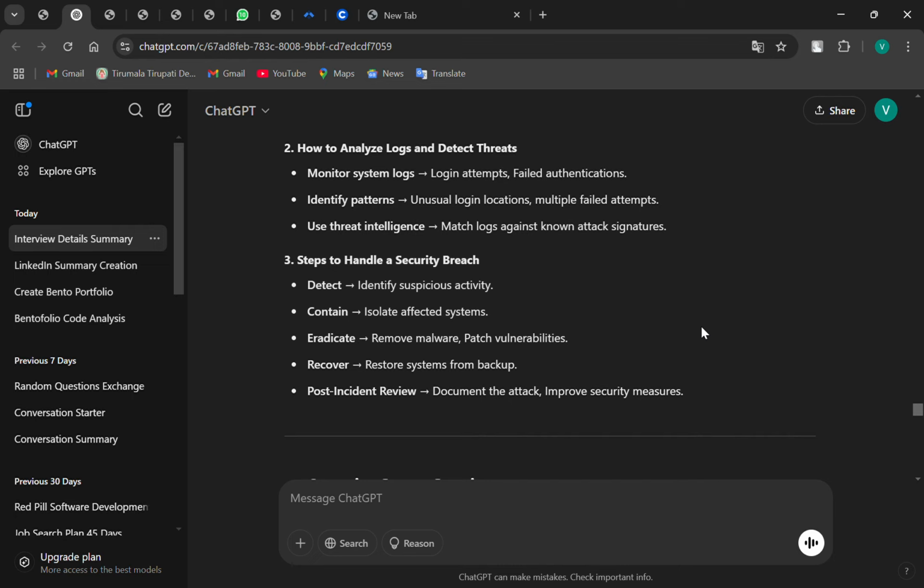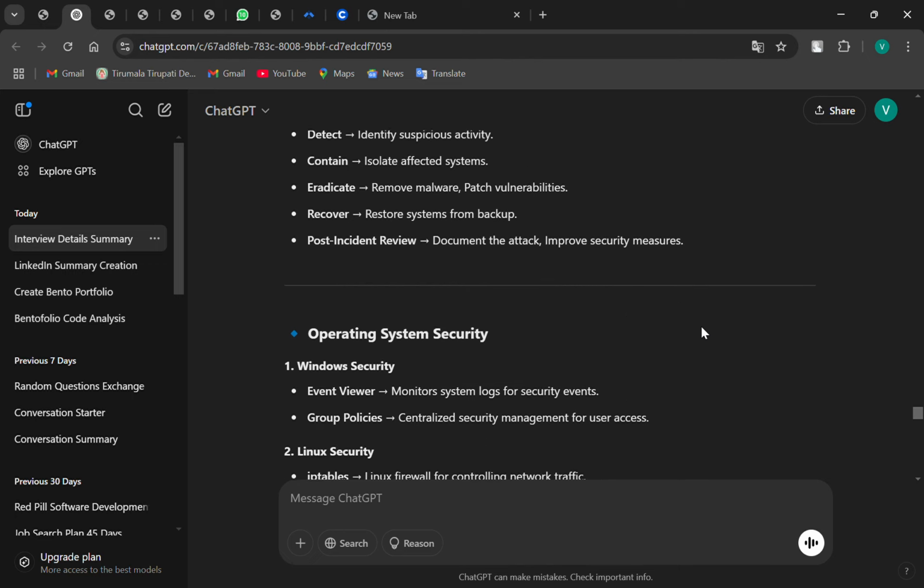Contain: isolate the affected system. Eradicate: remove the malware and patch vulnerabilities. Recover: restore the system from the backup. Post-incident recovery: document the attack and improve the security.